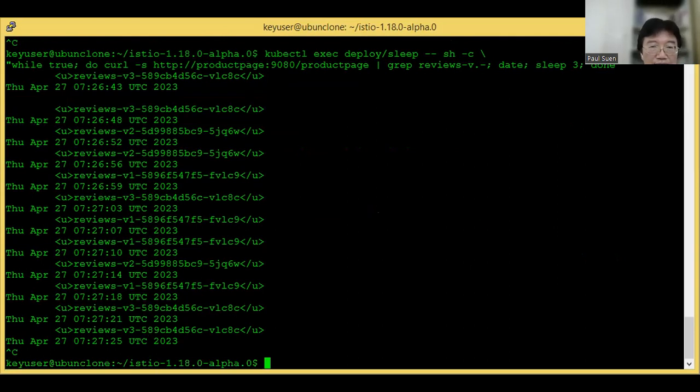So now that we defined a specific virtual service for reviews, in this specific virtual service we will specify that 90% of the service traffic will be sent to version 2 of the reviews pod, and 10% of the service requests will be sent to version 1.